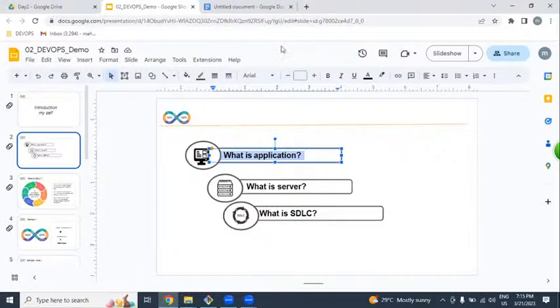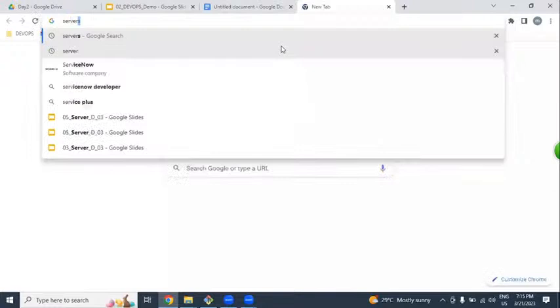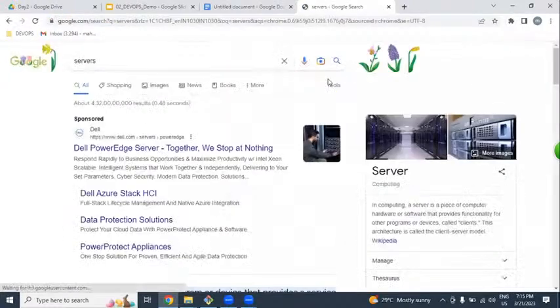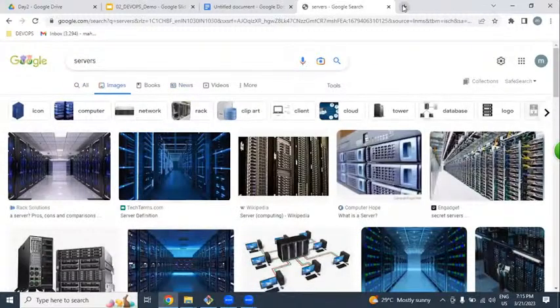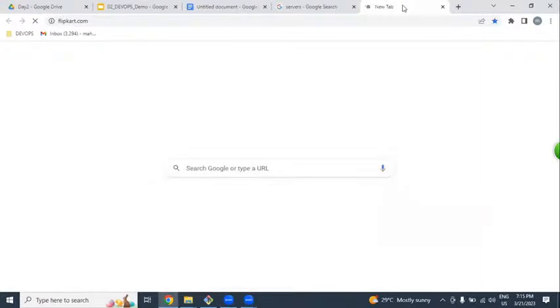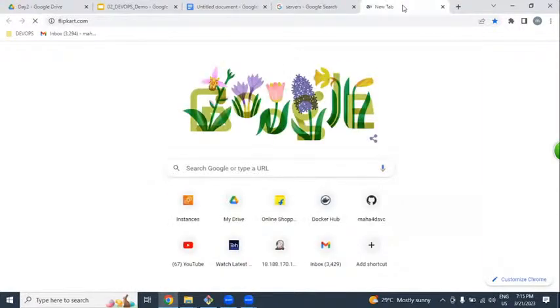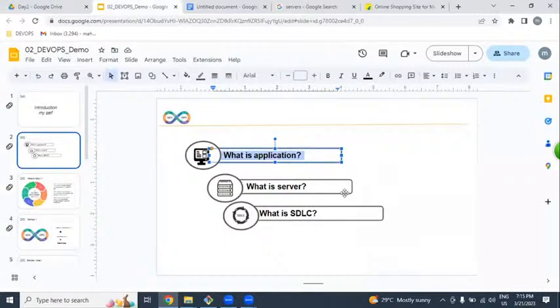That application we are going to place on servers. Once it is placed on servers, we can access it over the internet as what? A website.